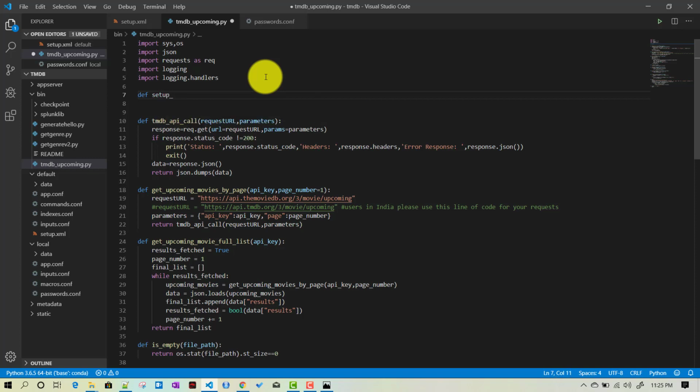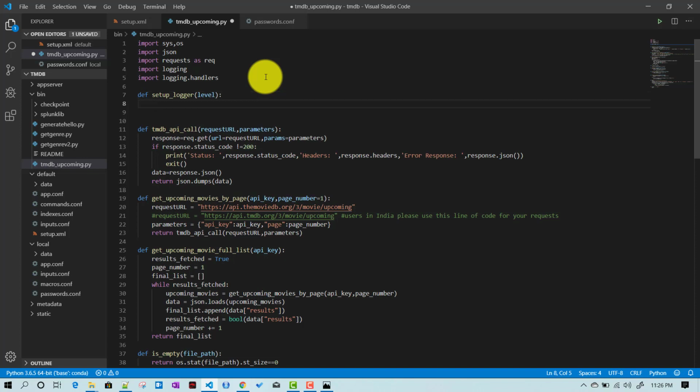So over there I discuss the details of how this one works. So I'll just be doing the coding stuff over here, so that we won't be discussing the same stuff again. We have to give a level over here, like info or error as well. Okay, so we are creating a setup logger function first, method first over here. So logger equals logging